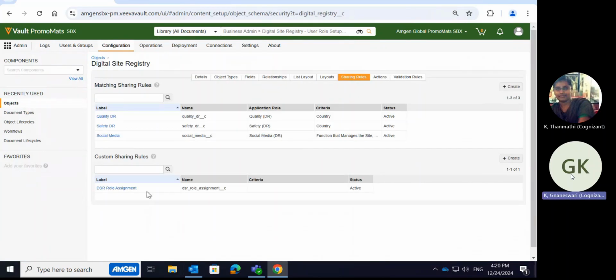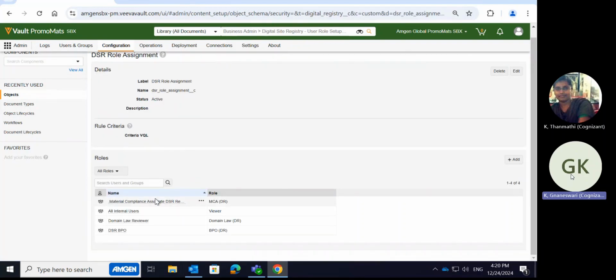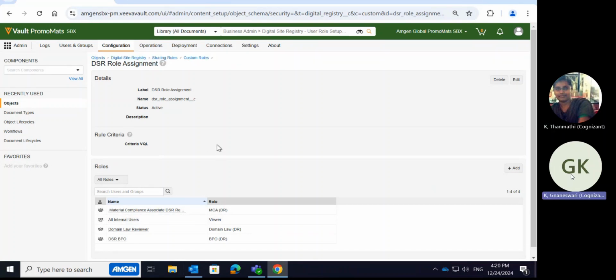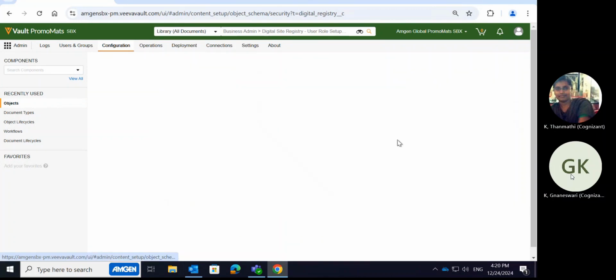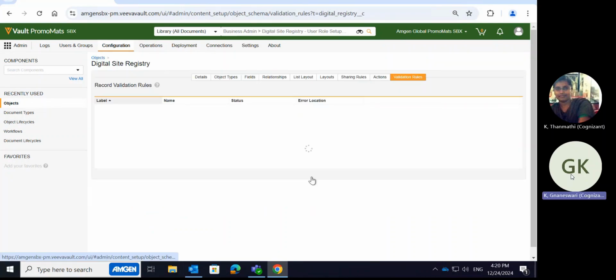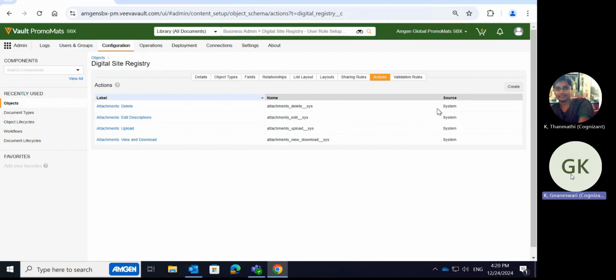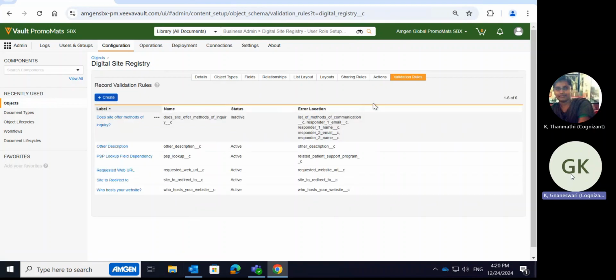Here in the custom sharing role, we will be adding the group and the role. So that is configured here. Now, action and validation. For this action, I've not worked on this action part, but on the validation rules,